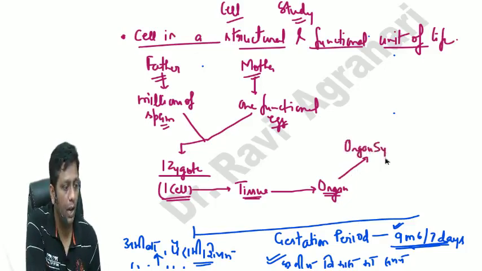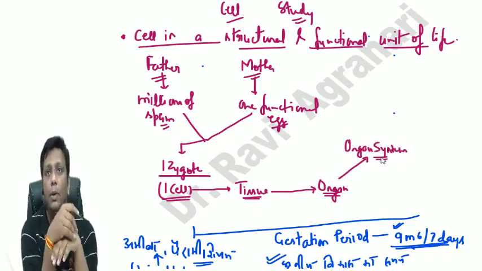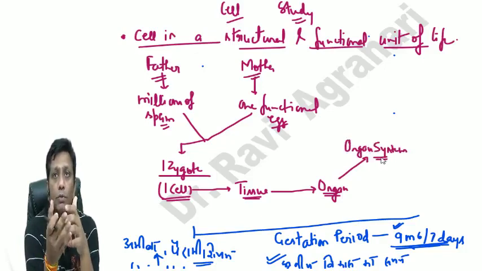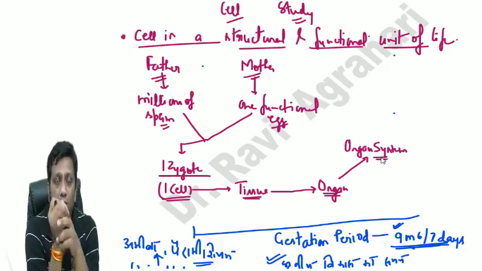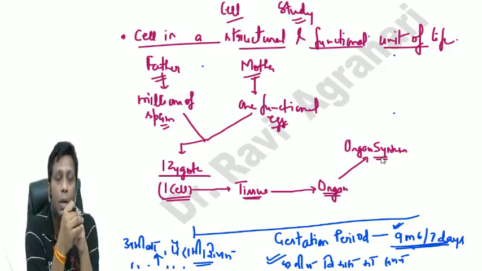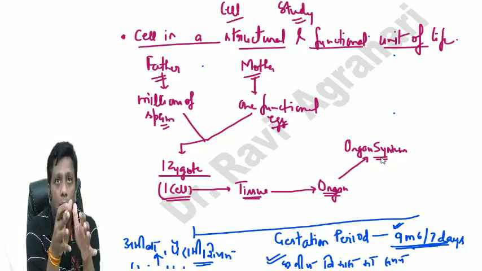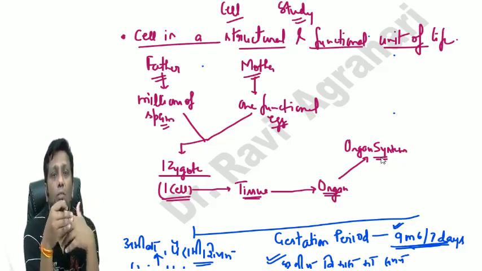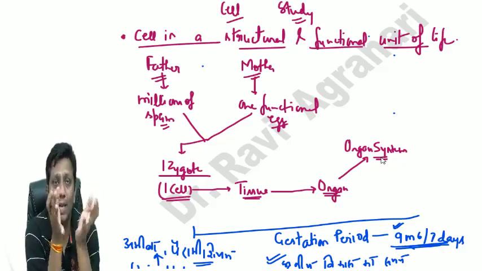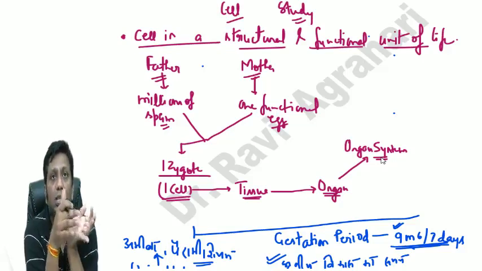Okay. This is how you develop slowly and gradually in your mother's body, in different steps. Your cells form tissues, your tissues form organs, and your organs start their own function. Suppose your kidney develops, of course the kidney starts the excretory system. Your lungs develop, of course it starts the respiratory system. The heart develops, of course it is started for the circulatory system. I'm just giving you examples. As organ formation slowly and gradually starts during this embryonic development period, these organs start to do their own